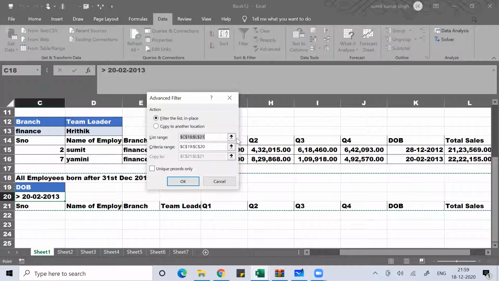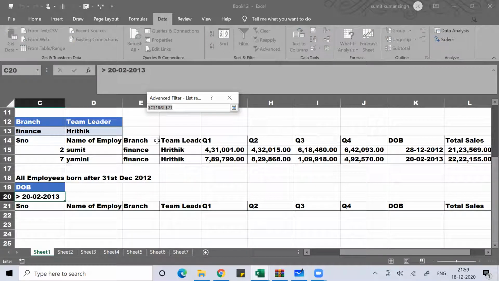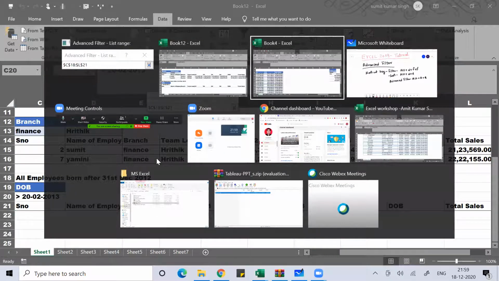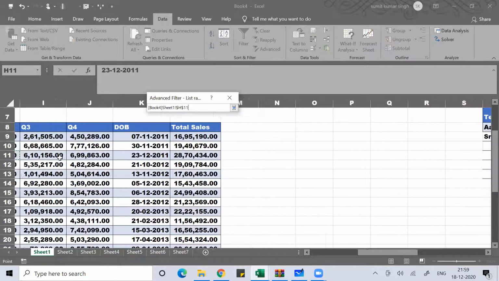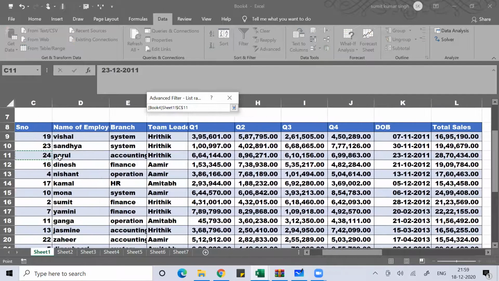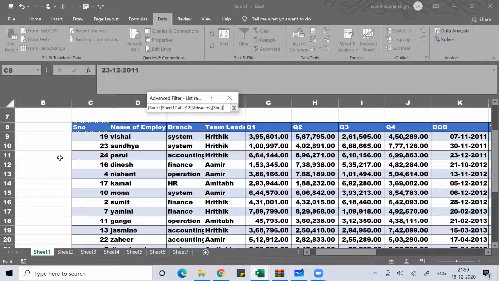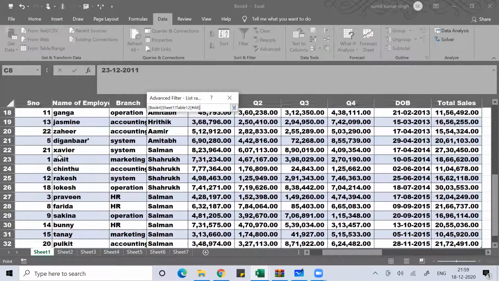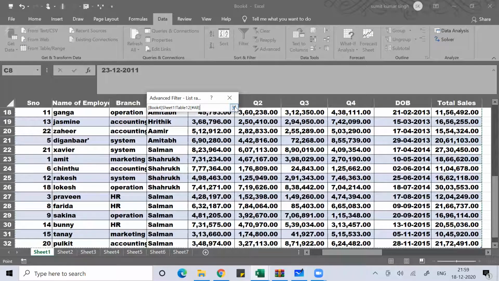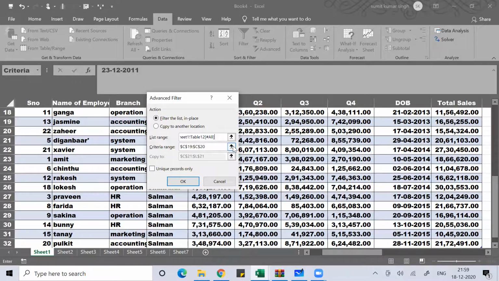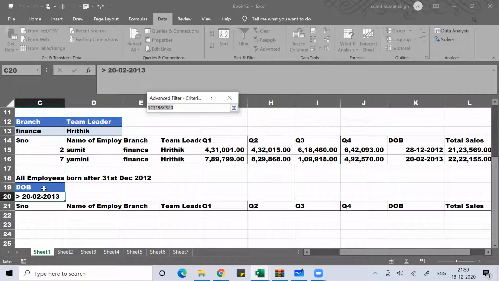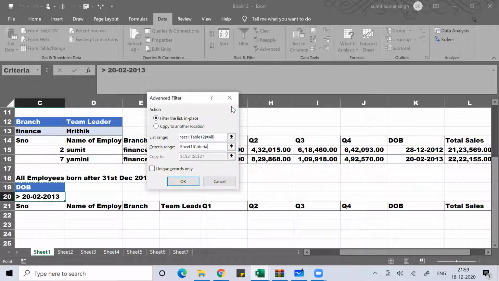Alt A Q, then table range, Control Shift Right Arrow, Down Arrow, then criteria range is date of birth 22/02/2013.